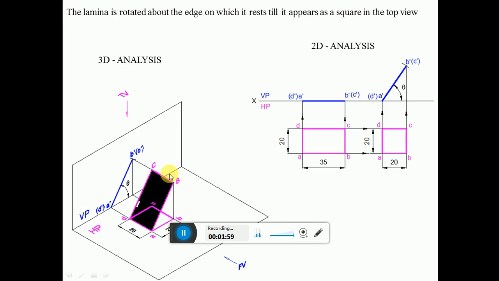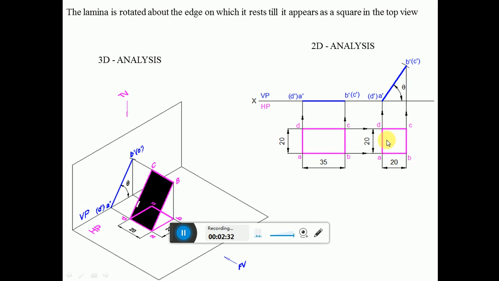So when you look from the top view, capital B and C are projected to small b c here, till this 35 mm line becomes 20 mm in the top view. So how to construct this in the second position? You draw a horizontal projector from B and C, and of course from AD also, because both are on the same line. So first draw any vertical line here which is of 20 mm. Since it is a square of 20, you have to take AB also 20, then reconstruct the square.